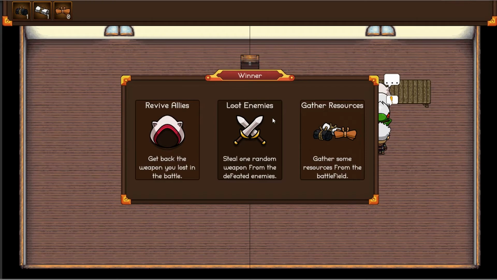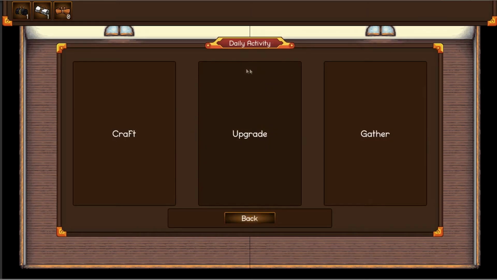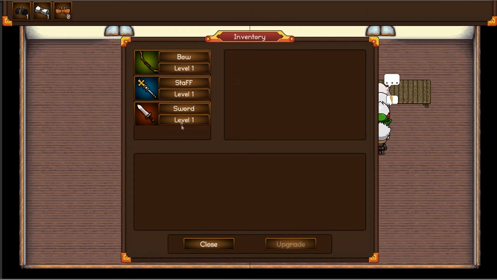Then you can loot the enemy. Basically, this is a randomization: out of the 3 enemies, it will give you 1 random weapon from them. And the last one, as the title suggests, is gather resources. Based on the units you destroyed, you will get some resources that you can later use to craft weapons again. So I will just go, for example, to loot the enemies, and now if you go to the upgrade screen,